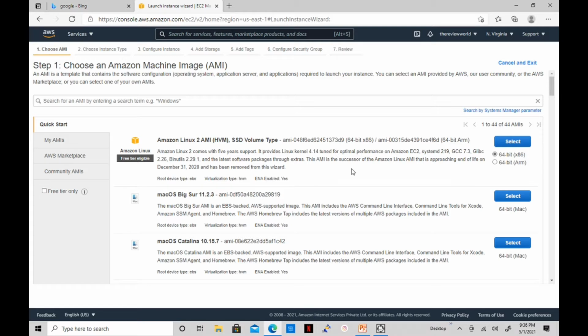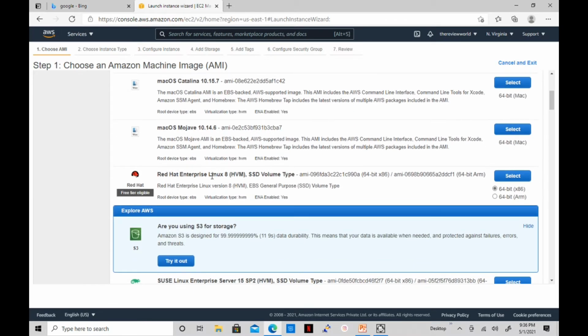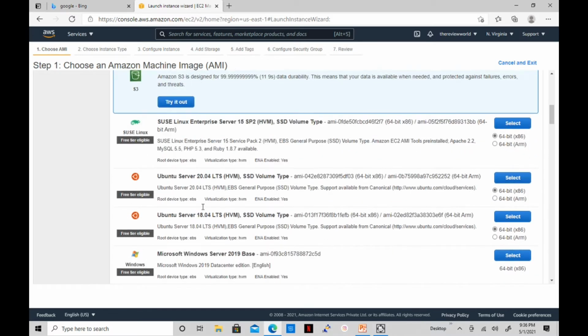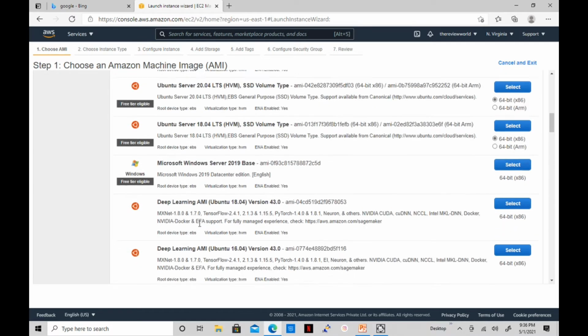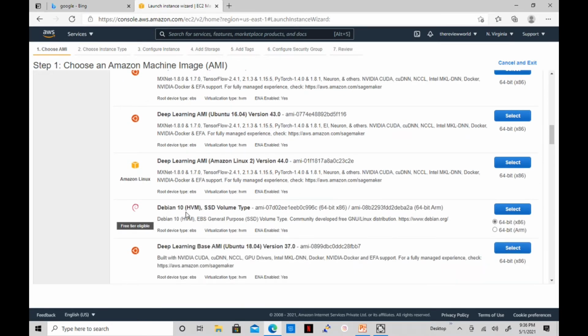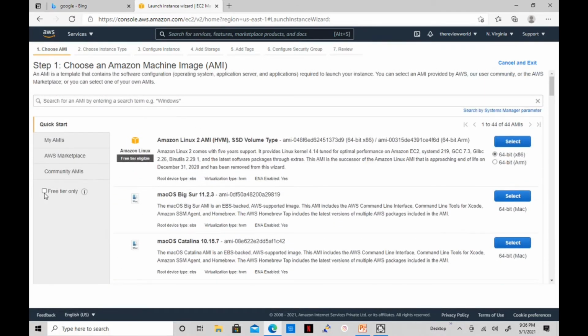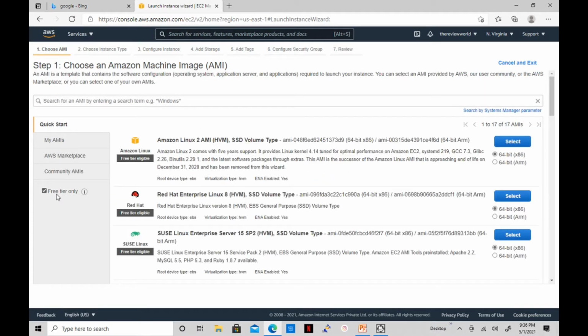These are all templates, and you see Amazon Linux here, Mac OS, Red Hat Linux, SUSE Linux, Ubuntu, Microsoft Windows, Deep Learning AMI, and Debian. So there are so many options. If you are a first time user, or you don't want to spend much, just go for free tier only, and create whichever VM you want to create. I'll go with Red Hat,